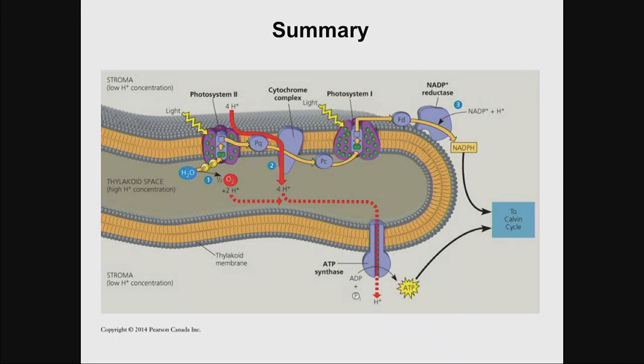But this time it's into the lumen, which means space, of the thylakoid disk. So just imagine a big hollow disk. Build up protons in there, so you build up charge and concentration of hydrogen ions. And now you have a chemical gradient that you can exploit,